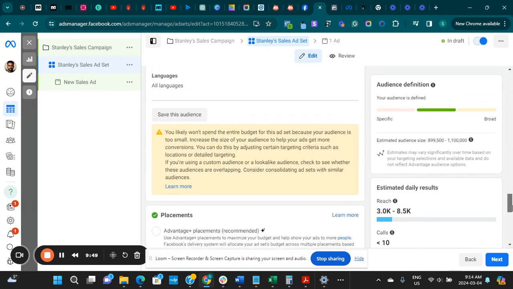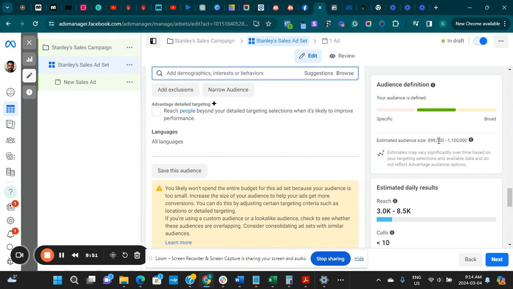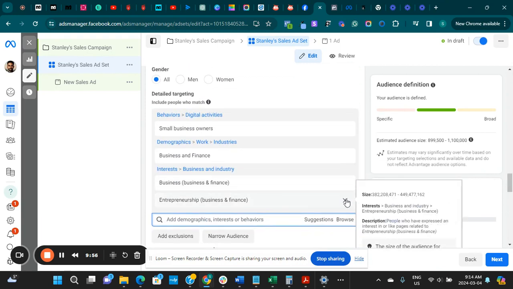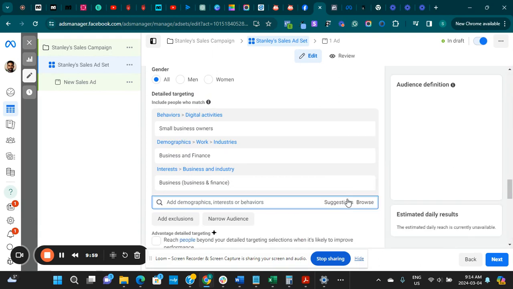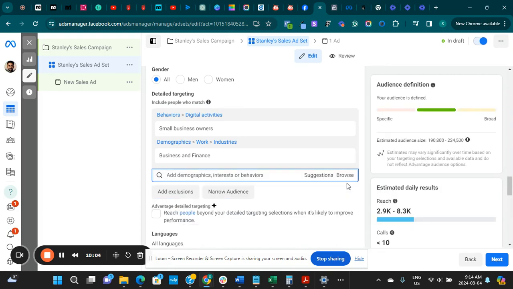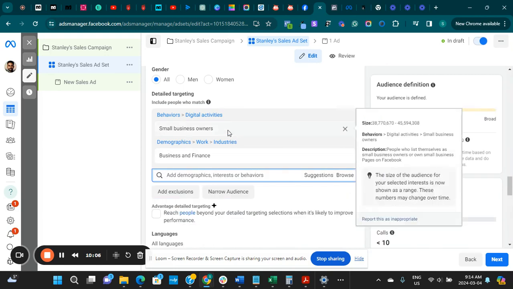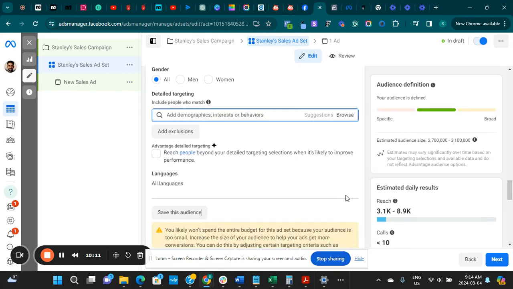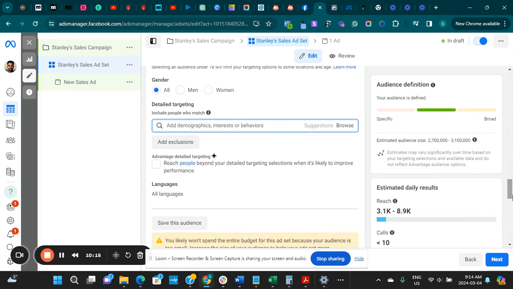But you can broaden your audience, for instance, because this has reduced to 899,500. Maybe my audience is now too narrow, right? So maybe I take this off to see how many people it comes to, and take this one off as well. This makes it very small. Okay, let us remove the small business owners. So that puts me on 2 million plus. Okay, and if I'm fine with this,